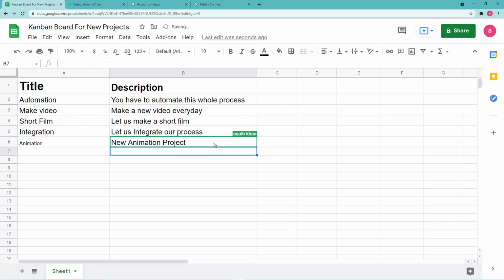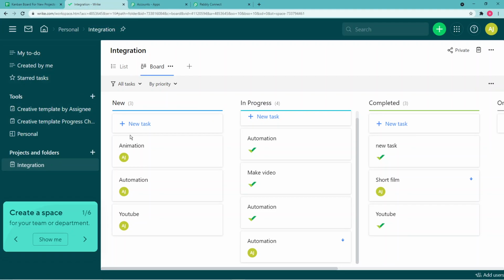All right. So I am done filling this here. Now let's switch to our integration Wrike project and let's see if it catches something. All right, you can see a new task with the name of animation is also generated here automatically. So this is how it works.